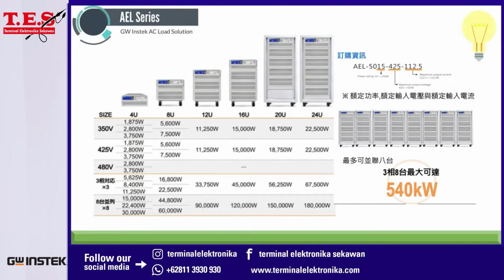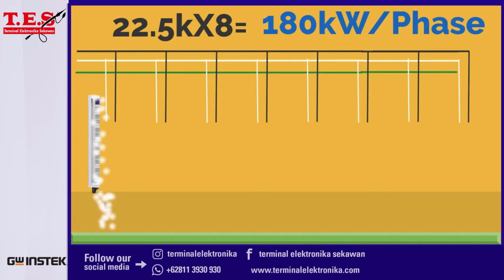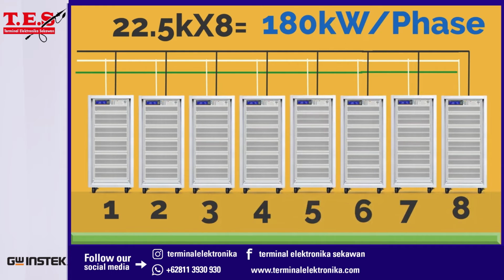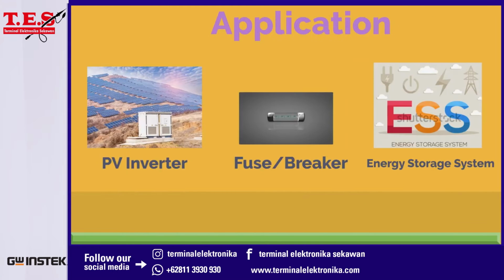GW-Instek launches 20 models of the AEL 5000 series AC-DC electronic loads depending on the power range. The power range of a single unit is from 1,875 watts to 22,500 watts, and up to 8 units can be connected in parallel. The maximum power of a single-phase parallel connection can reach 180 kilowatts, and the total power of three-phase can reach 540 kilowatts, which are suitable for UPS, inverter/breaker, AC power source, battery, fuse/breaker, DC power source,